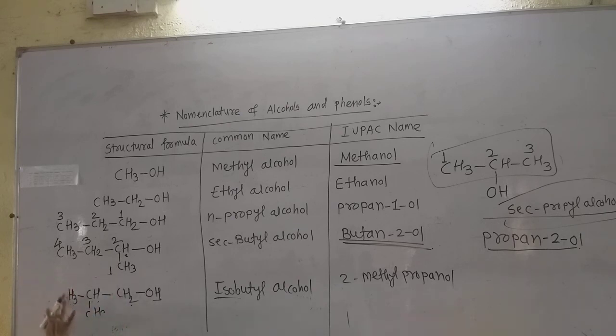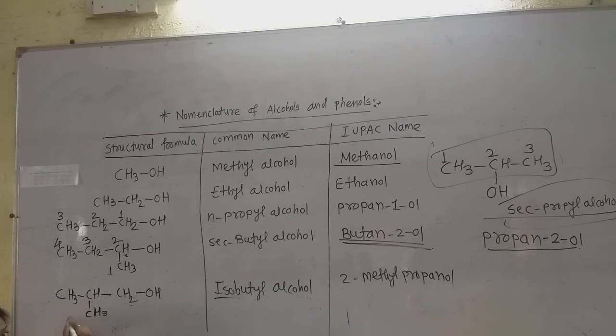Now this is CH3CH, that is the substituent CH3 is on this CH, again in the chain CH2 and then OH is there. So number from that side which has the nearest OH group, but numbering is given only in a straight chain and not in a zigzag manner. Now this is considered as the substituent.